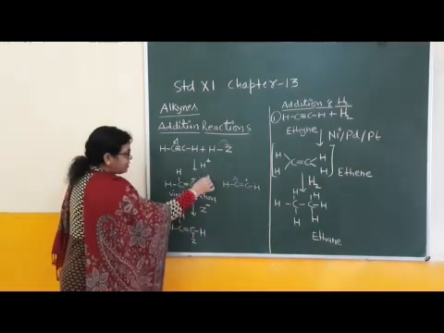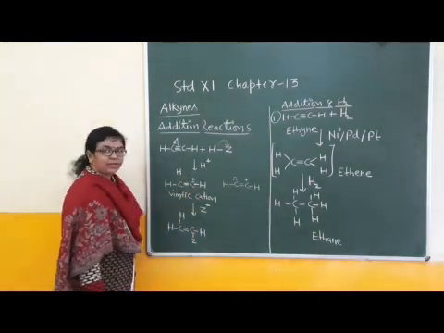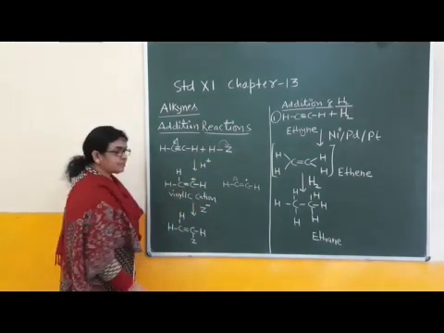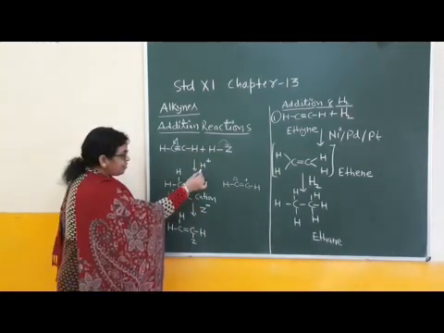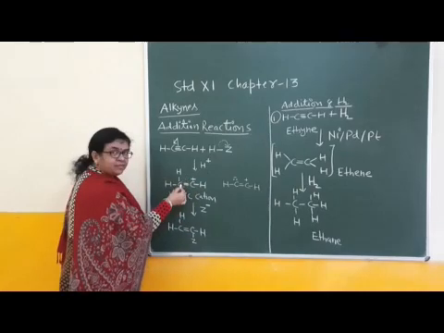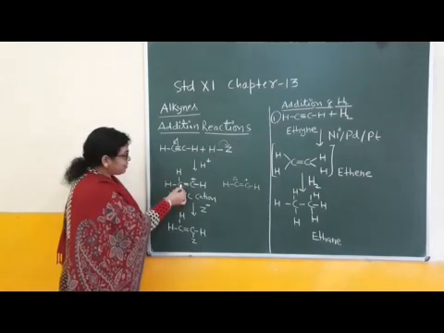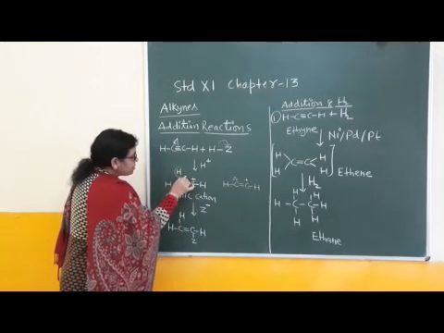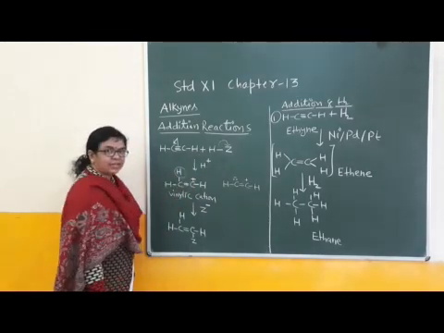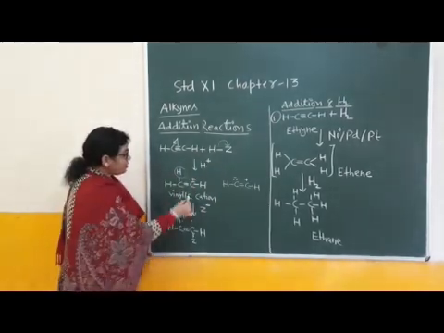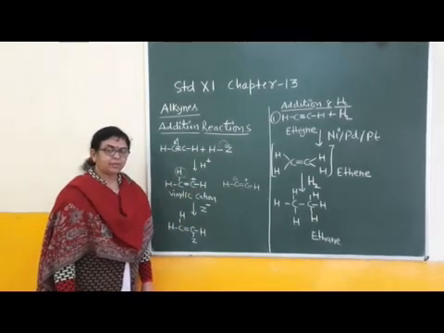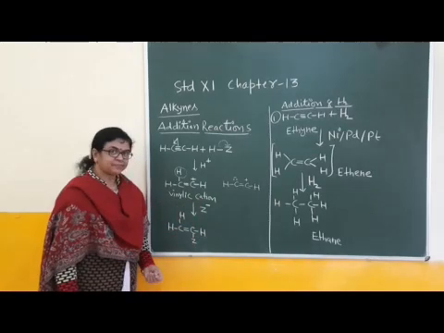Now the first attack is made by the electrophile. H plus ion in this addition reaction acts as the electrophile. The attack of this electrophile is at the electron rich center, with formation of a new chemical bond. This hydrogen is coming from HZ. Okay? Then the positive part is left, an electron deficient carbon or carbocation is left.